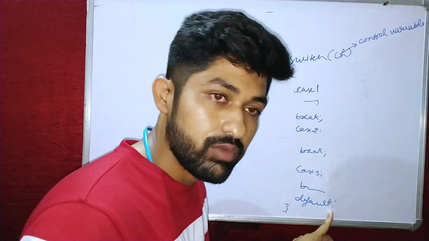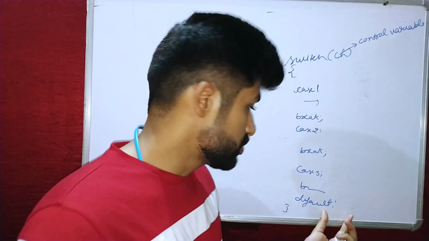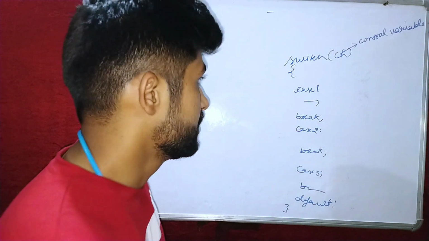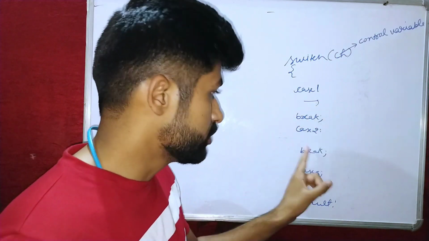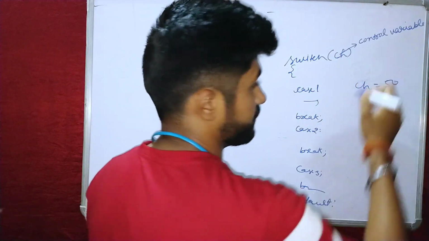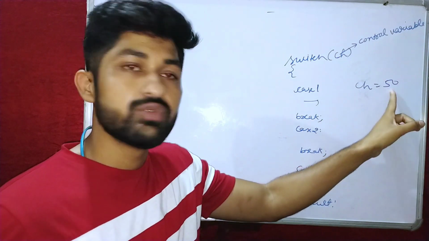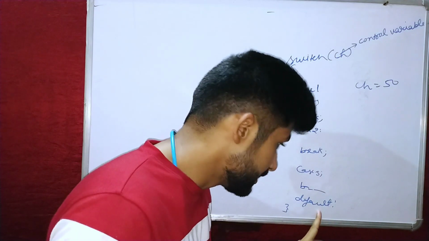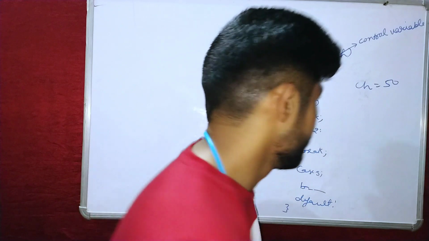I have written the default. Why are we writing the default inside the switch case? The use of default is to print the appropriate message. Here in this program I have made 3 cases: case 1, case 2, case 3. If the user enters a value other than 1 to 3, suppose he has entered ch equal to 50, that means no case is there. I have not made any case that is equal to 50. So what will it display? It will come directly to the default. Here it will display it is the wrong choice, or any appropriate message you can display here.